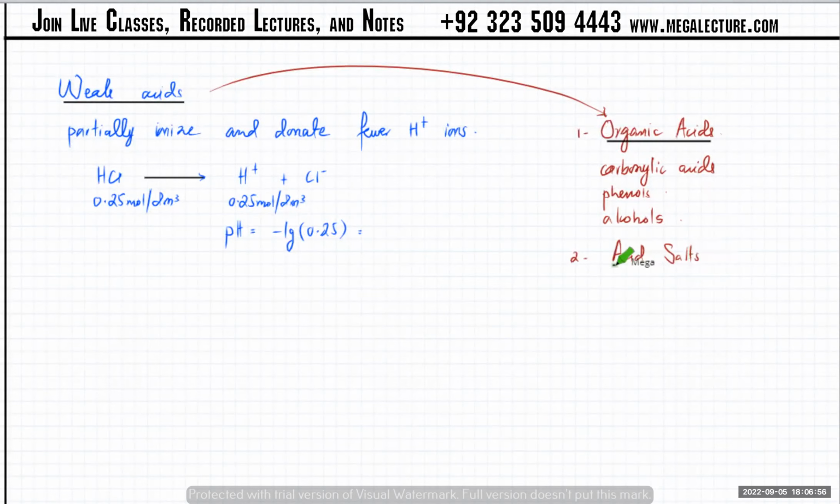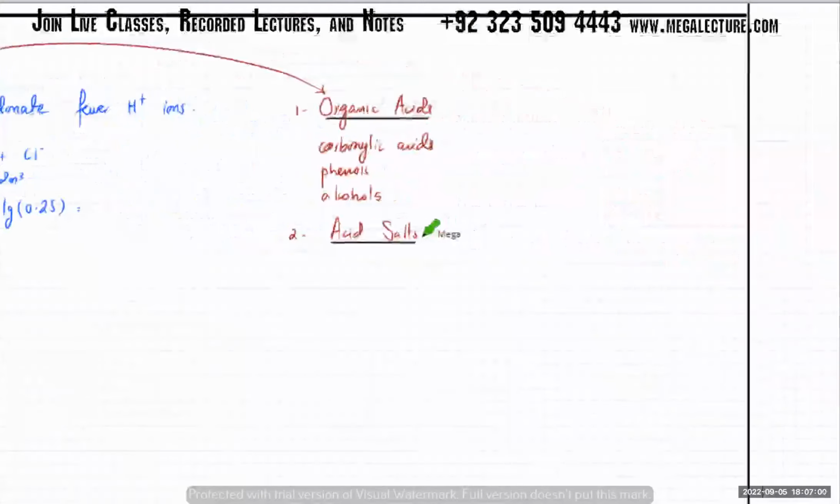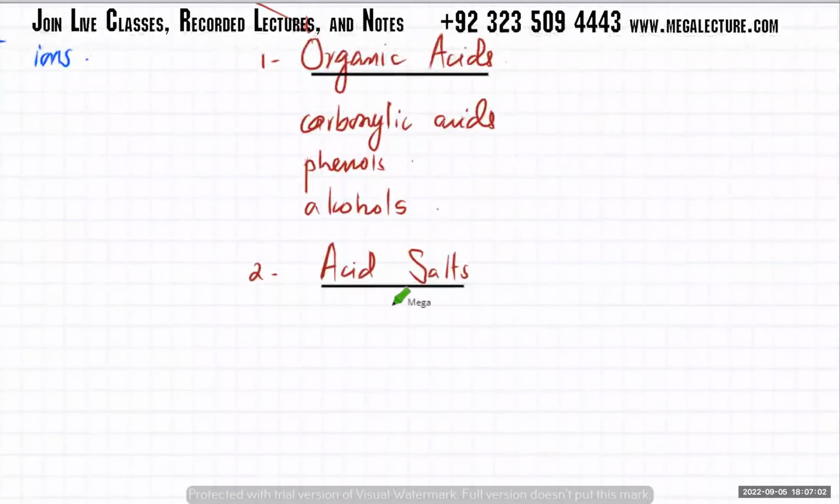So what are acid salts? Acid salts are formed when an acid is not completely neutralized. How is an acid neutralized? If you have H2SO4,